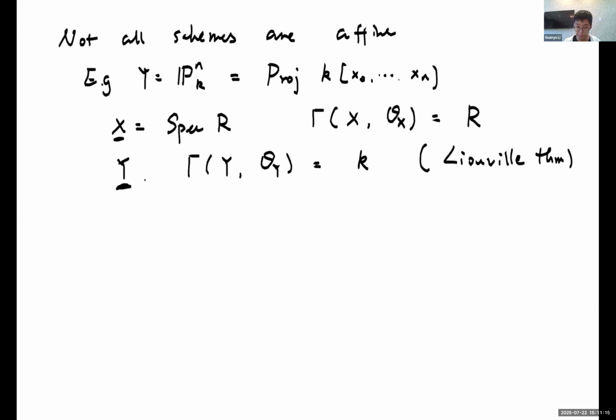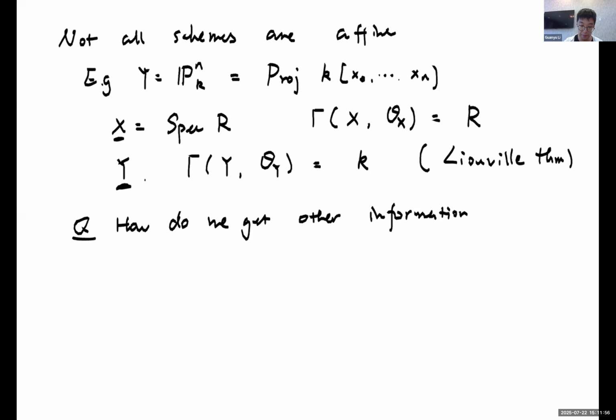Now, how do we detect other information if we don't have enough global sections? Here is the question: how do we get other information? By other information, it could be anything. So to really answer this question,